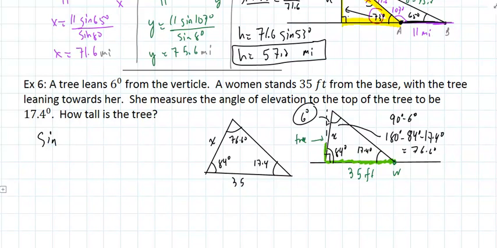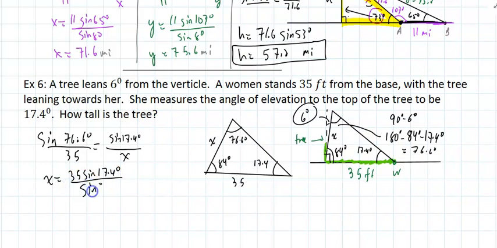I could say the sine of 76.6 degrees to 35 equal the height of the tree divided by the sine of 17.4 degrees, and x will equal, I think I messed up on those. The order is backwards, right? I got excited. I apologize. That happens a lot when I teach. So x equals 35 the sine of 17.4 degrees divided by the sine of 76.6 degrees, and that would be